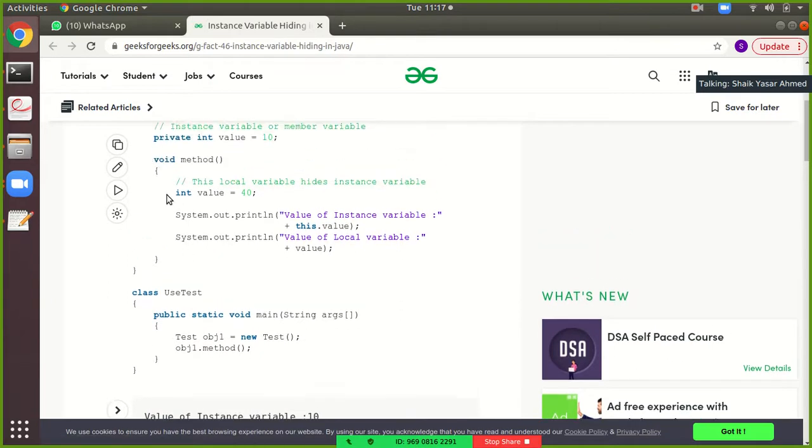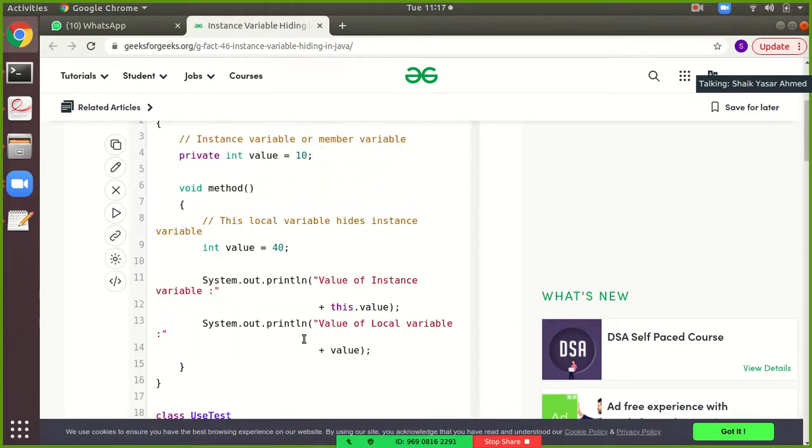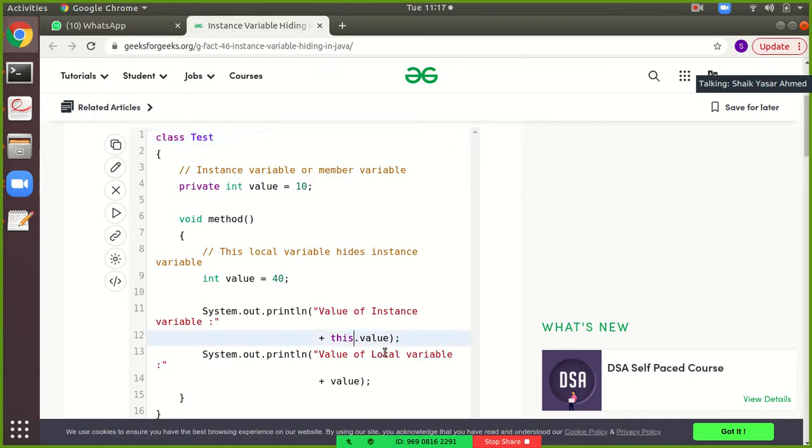But now see here what I will do, I will modify this. See here, this.value is there, no? I am going to remove this keyword. Now what will happen, you all see here, I am running this program.